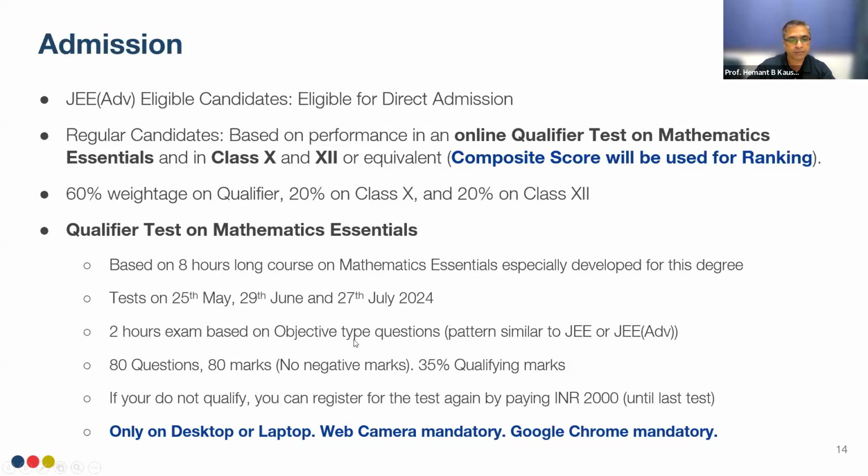or JEE Advanced. The type of questions will be objective fully. There will be 80 questions for 80 marks, and there is no negative marks. The qualifying marks for this online qualified test is 35%. If you do not qualify, of course, you can register for another test by again paying the test fee of